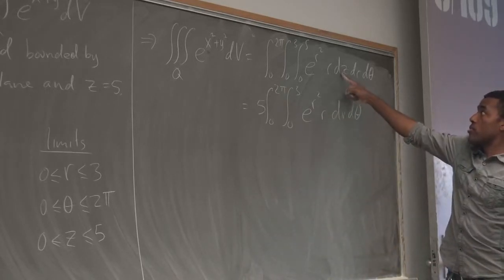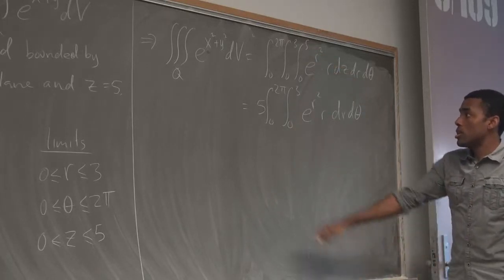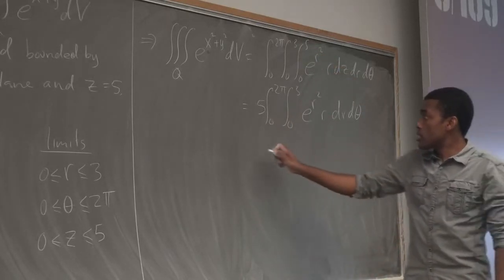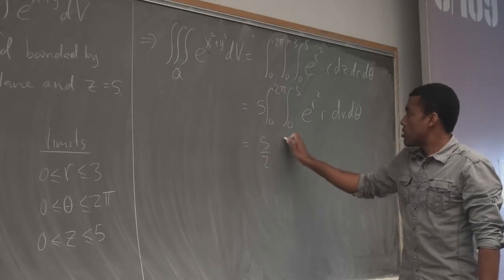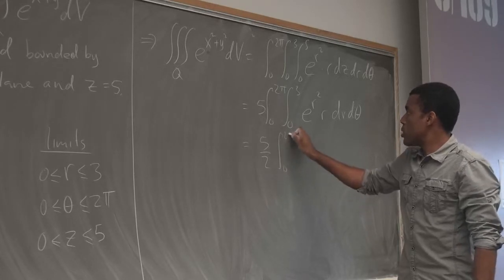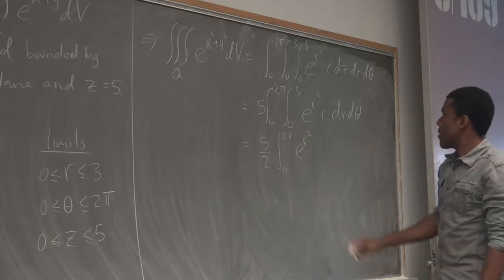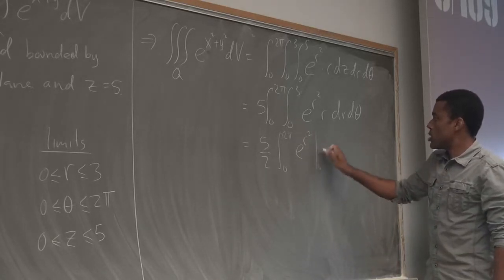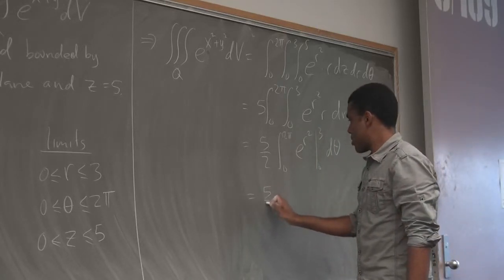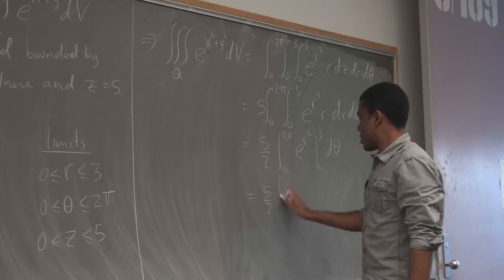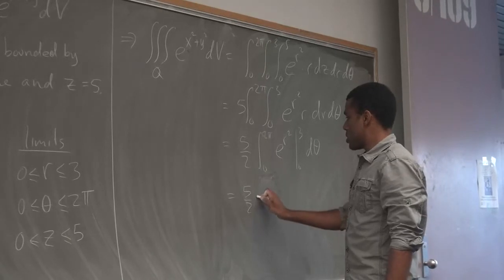Because integrate this with respect to z first, I just get a z here. Fundamental theorem of calculus, plug in the 5, minus you plug in the 0. So I just get 5 of this. If I integrate r squared e to the r squared, I get 5 over 2, 0 to 2 pi, e to the r squared between 0 and 3, theta. Times 2